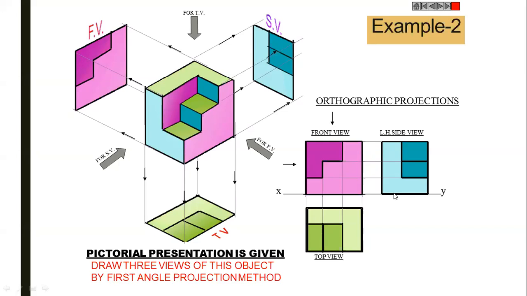What about the top view? This L over here is clearly visible. So it is taken over here. Then the first step and second step. Okay, these two steps. So this is the method to draw the orthographic projections for our isometric view. Okay, this is known as an isometric diagram, and we have to convert it into orthographic projection. This is for simple orthographic projections.